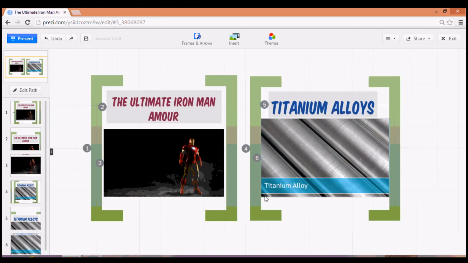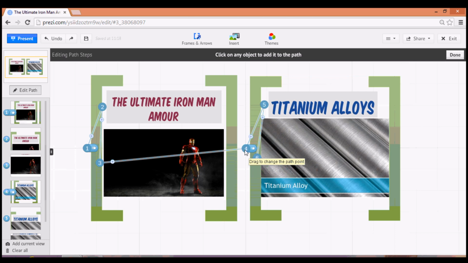Okay, so there's a few things that I would like to change in my presentation, and it is a good idea for a good design to repeatedly give context to your audience. So before I move on, I would like to zoom back out the entire first frame before going on to my second frame. To do this, it's simply just edit pathway, move the fourth frame back onto the first frame,